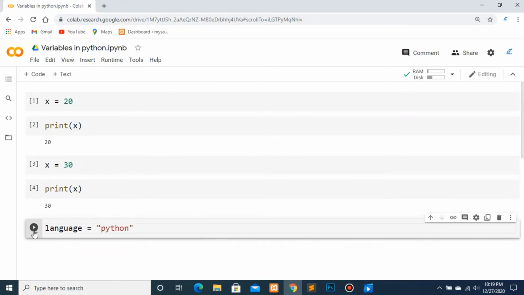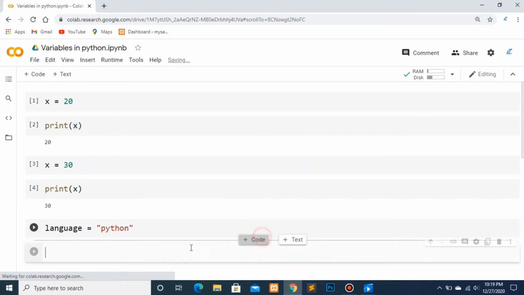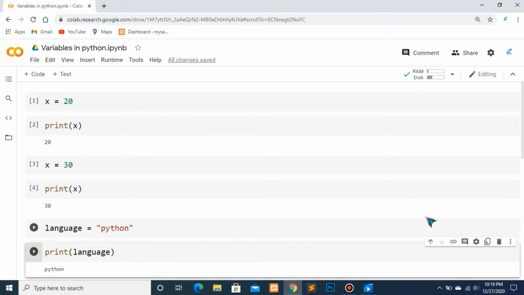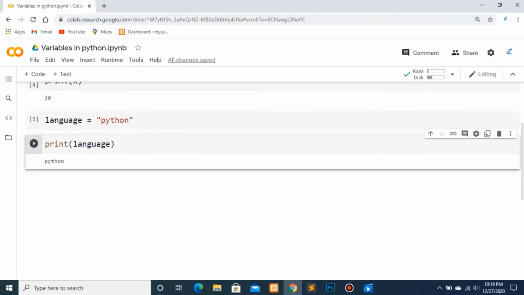Now execute this. So here the variable language has been created. We can see its value by printing language. Now it will print the value of this language variable. So from here you can see that the value of the variable language is Python.